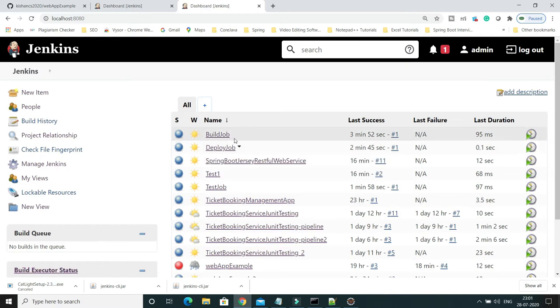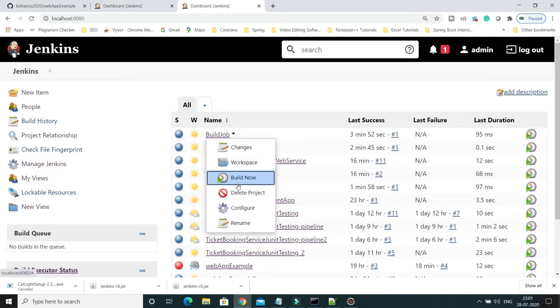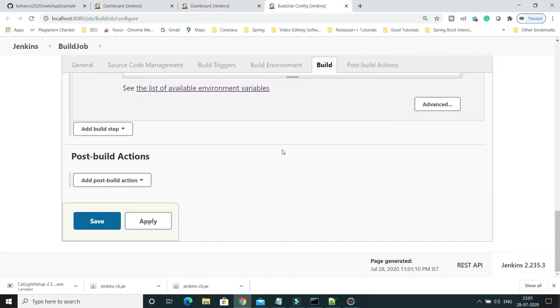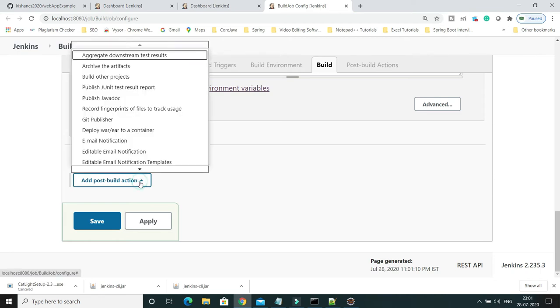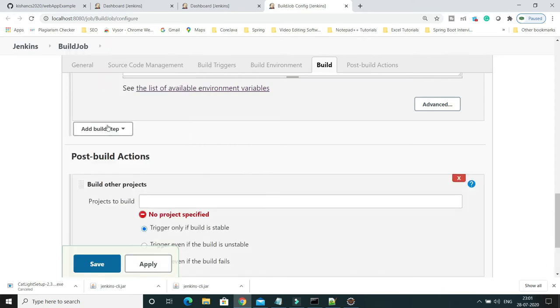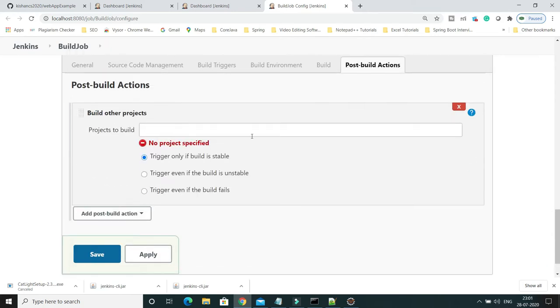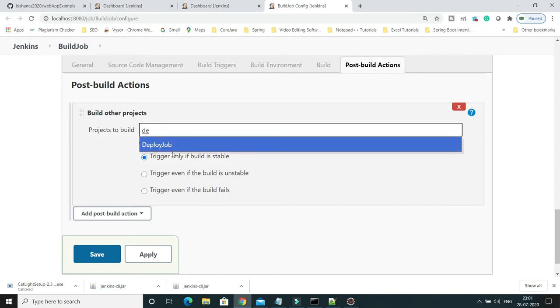So now let's go to the build job in configure, and if you come down, you can see the post build actions section. If you look into the drop down, I would select build other projects, right? So once this build job has succeeded, then only trigger the deploy job.